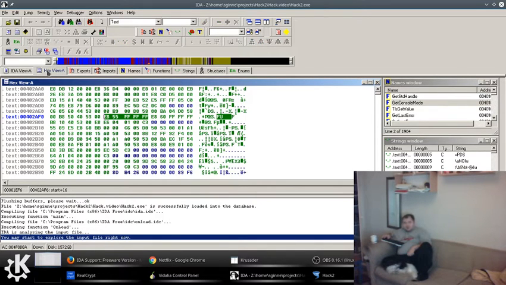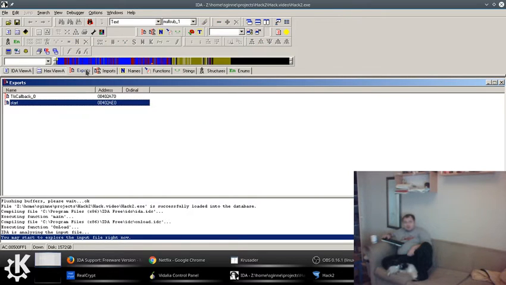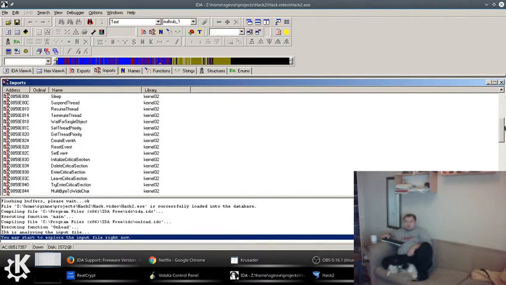Here is hex, the same place in code. There are exportable functions which it exports for other programs to use. Here are imports, something which it imports from kernel, or user,